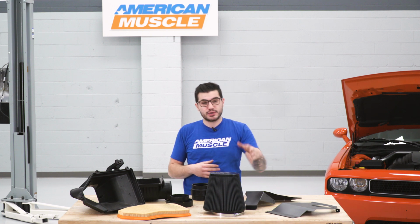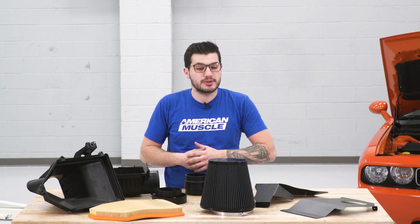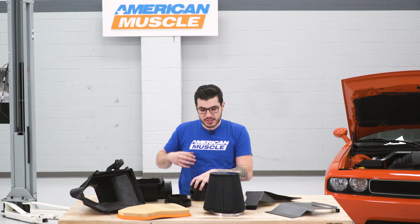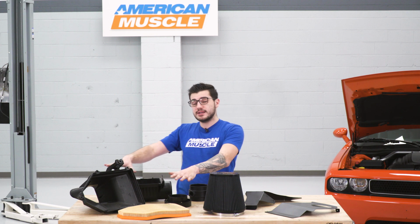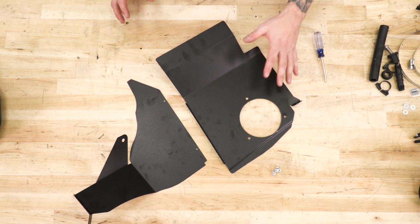That heat shield here, while trapping in under the hood, is going to make sure that it's maximizing the space to pull in as much cold air as possible. So big upgrades here. I just wanted to talk about some of the differences there. We're going to set this whole thing aside because I want to assemble a couple of things on the table, so let's get started. The first step of assembling everything on your table here is to grab your heat shield